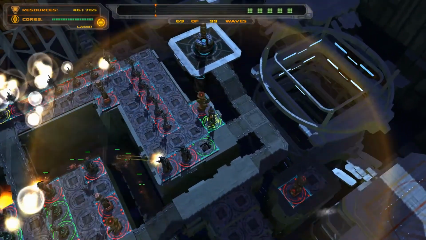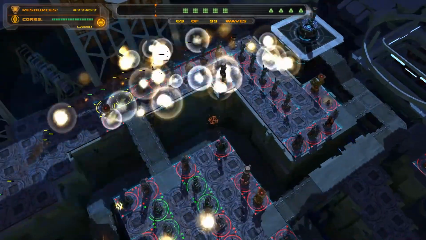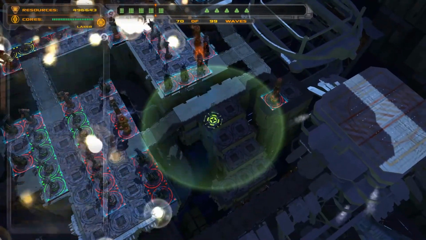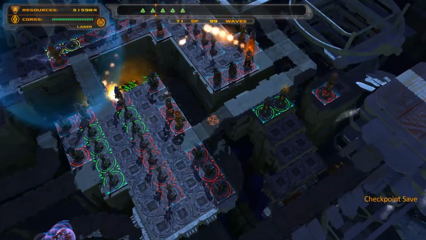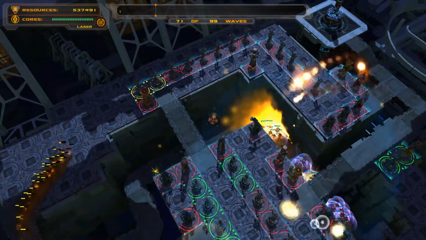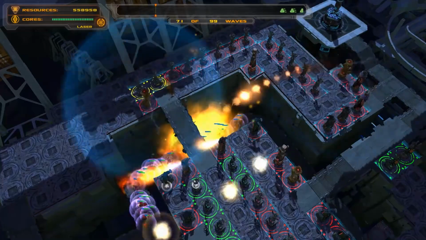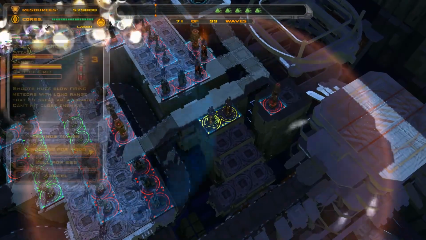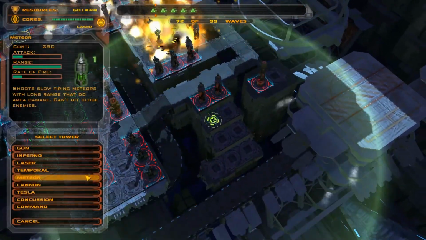So I'm going to go ahead and juice these meteors up. Get those guys red. And then now that leaves me, you know what, maybe I'll go with 2 more meteors. I'm at 500,000 resources now, so if this holds up, I think I'll definitely be in the top 1,000. You know what, I'm going to go ahead and get these guys turned red. Well, he certainly took the wrong path. And then just for good measure,